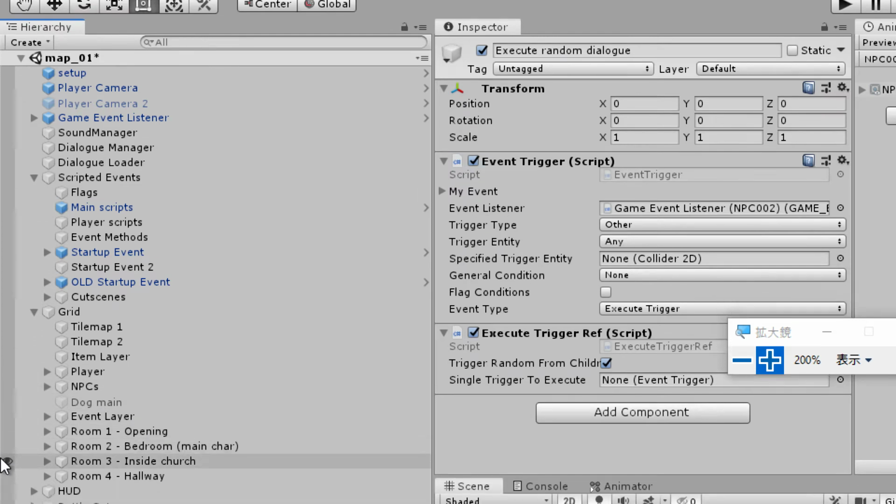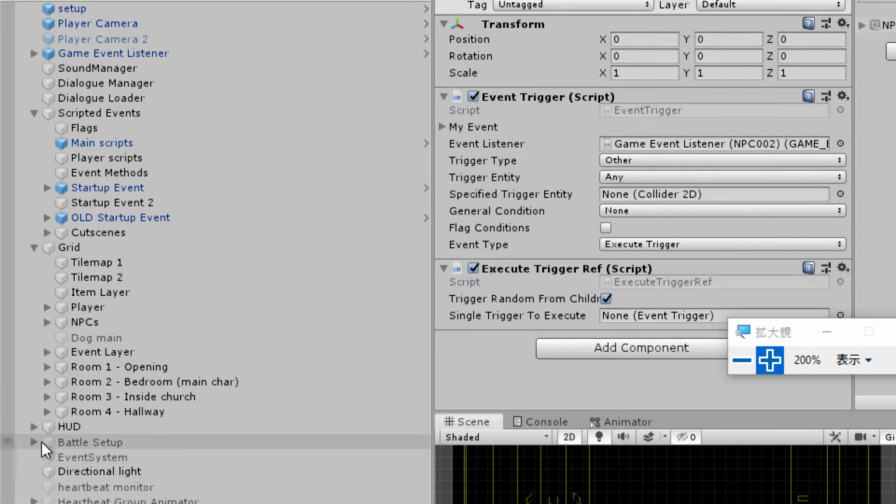Alright, I'd like to explain a new feature I added to my game that will help with events. It's an execute trigger component. Well, that's what I've called it, but what it does is, instead of a normal event trigger, which just gets called as they are listed in the hierarchy, for example,